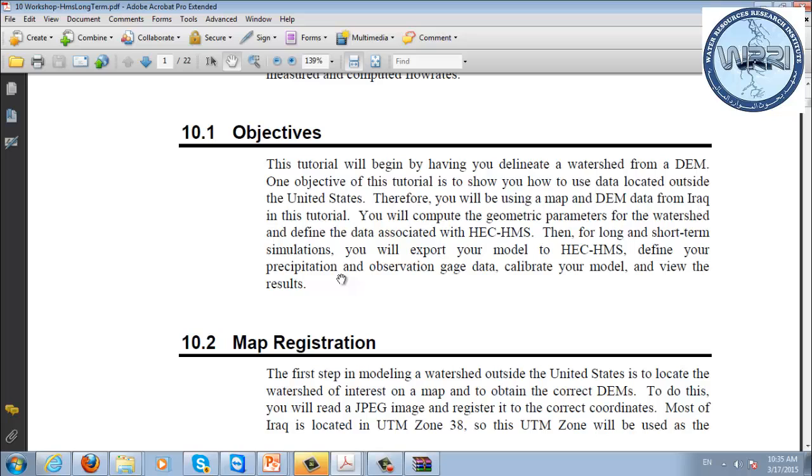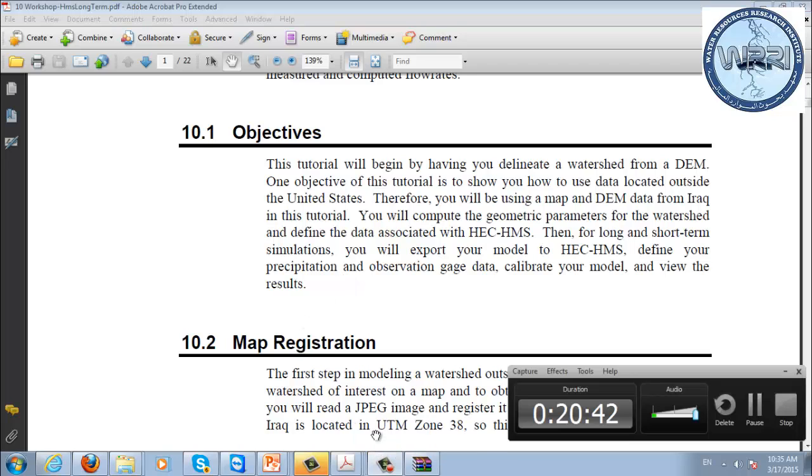Do you think one hour is enough to do this exercise and also to run the long-term simulation? Okay, you might not be able to do the long-term simulation tutorial. You might not be able to finish that, but that's okay. You can do that at home or later after the course. The main thing is just to set up a model for an area that you're interested in. I know some people have been working on their own models, so you can use that, or just find an area that you're